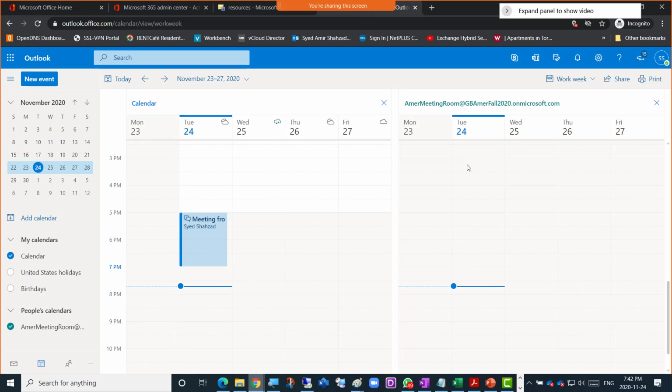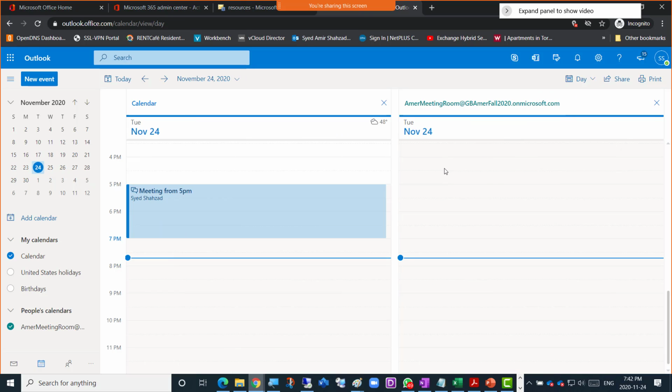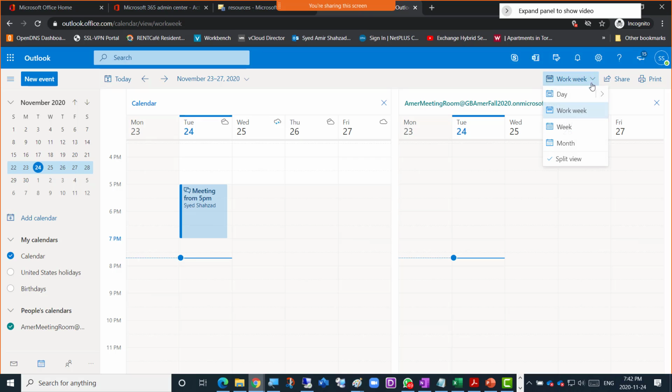So guys, are you able to double click? If I go for day wise, so this is November. Now you can see that I cannot double click here. Why? I can double click in my calendar, but I don't have permission to double click on this, right? Although I'm the administrator here, anyone else, so if I just change that work week or day or week here,